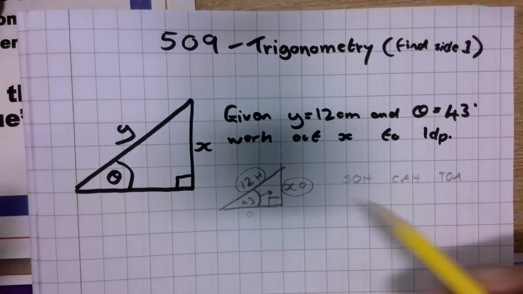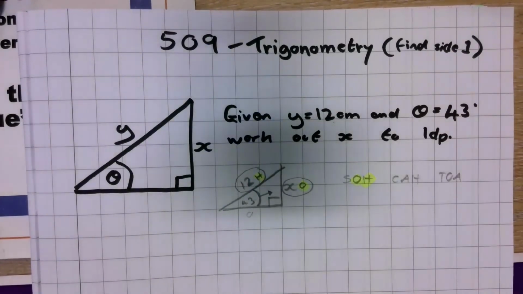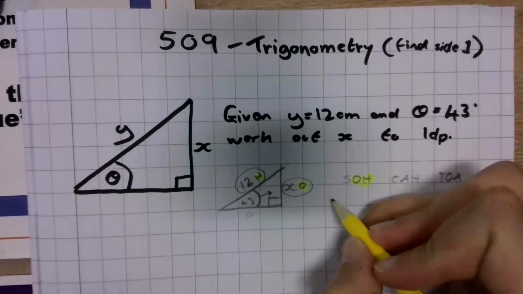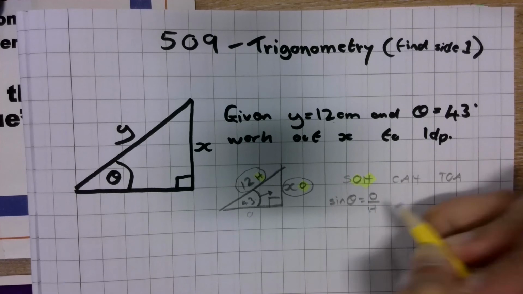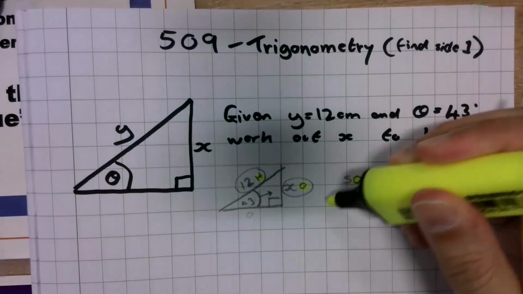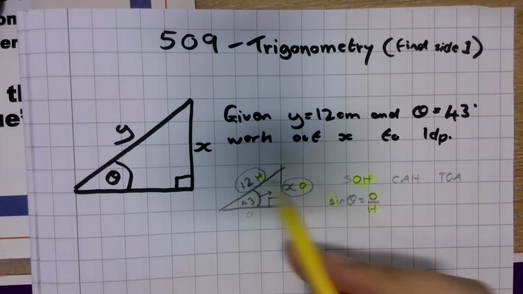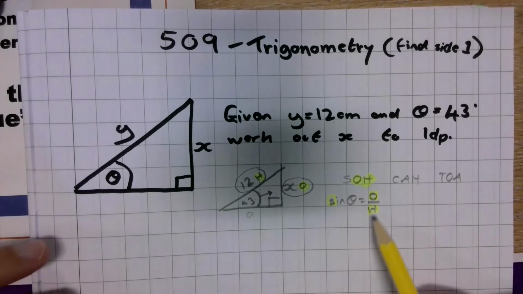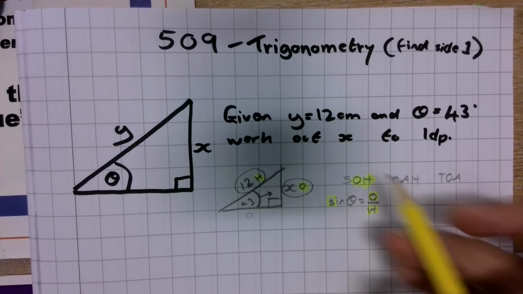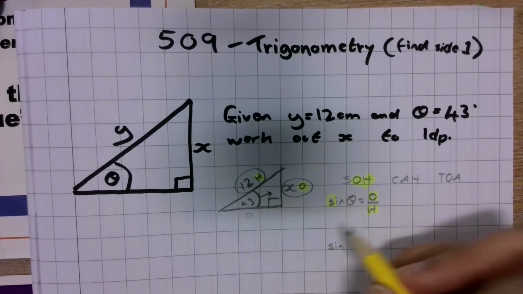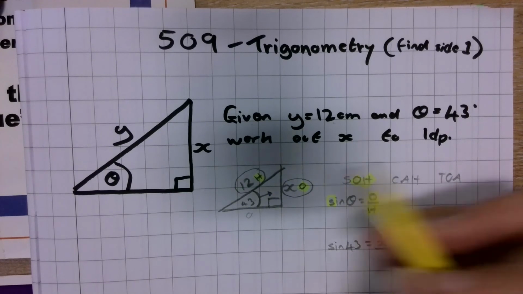Once we've decided that, we consider SOH CAH TOA. Which one has H and O in it? This one, isn't it? That means we're using the sine ratio, which says sine theta is opposite over hypotenuse. So that's where that SOH is coming from. There's the link right the way through from labelling the sides, to choosing which ratio, and there's your ratio written out. Now I'm going to replace what I know, so sine 43 will equal the opposite side, which is x, over the hypotenuse side,